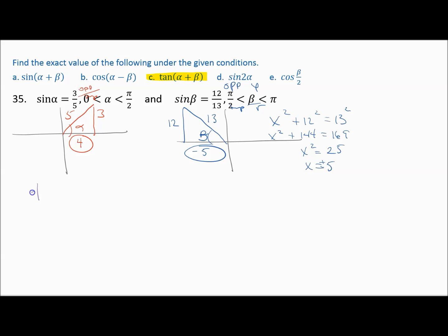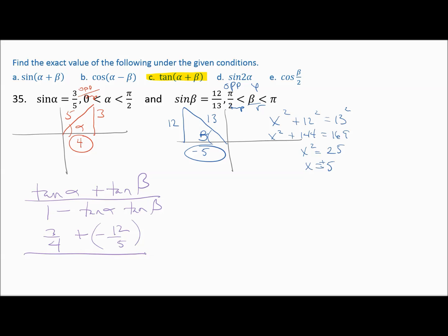So the formula for that is tangent of alpha plus tangent of beta divided by 1, change the operation, minus tangent of alpha times tangent of beta. Let's plug in. So alpha, I'm going to try to be extra careful this time. So alpha is opposite over adjacent, so tangent of alpha is 3/4, plus tangent of beta, so I'm looking at the beta diagram, opposite is 12, over adjacent is negative 5, so it'd be negative 12/5,